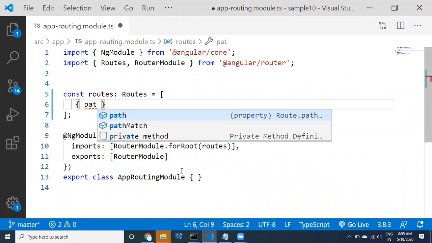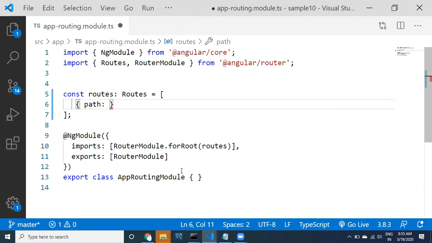So first, you can provide the path. Maybe like admin path, this can be called as route information, this can be called as path.